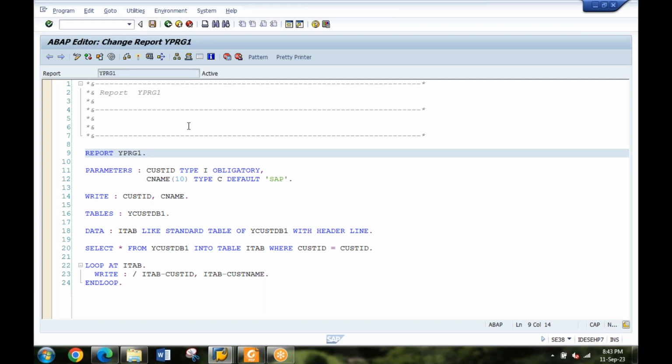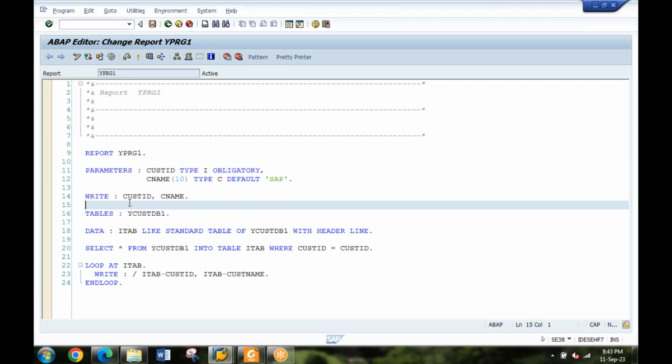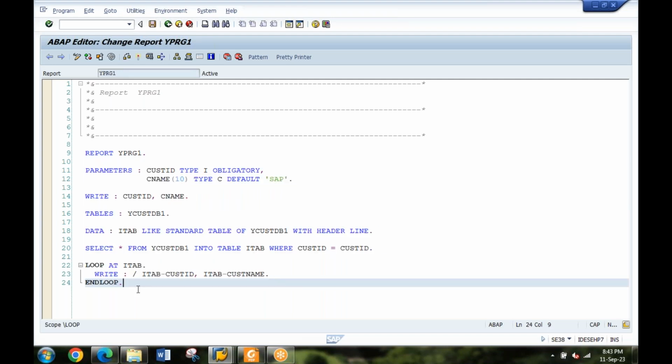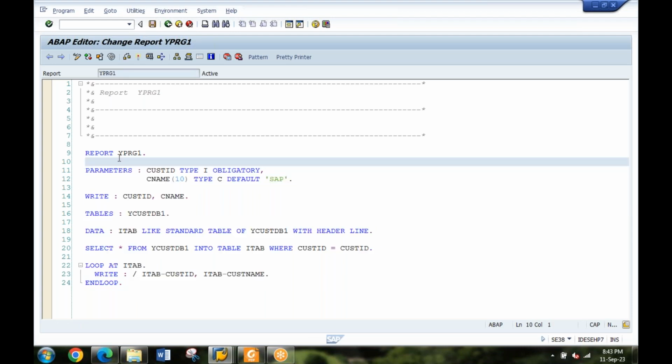And as far as programming is concerned, it's all about hands-on. The more you practice, the more you'll understand it. Right now, I have written the code without any issues and errors. Initially, even to write this small piece of code, you might have syntactical errors. You might not remember the syntaxes and keywords.